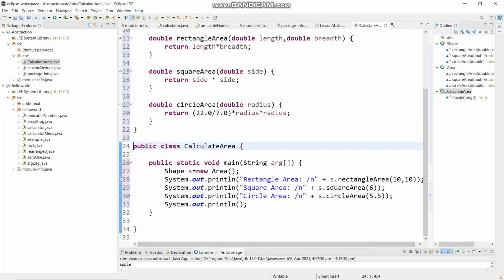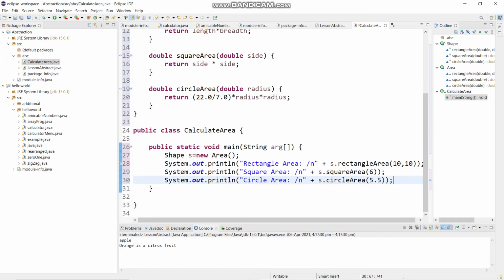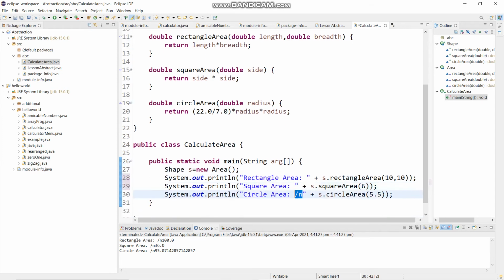I just have to take the system.out.println line because it was unnecessary, and then I would see that by running this program, okay, just have to delete this slash n. This is not what I wanted. Okay, this is a clearer console image. You can see at the bottom of the monitor screen.